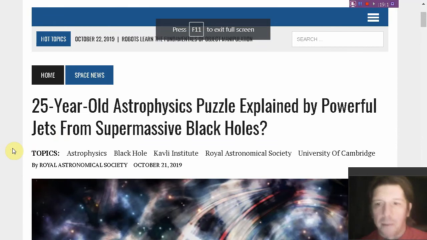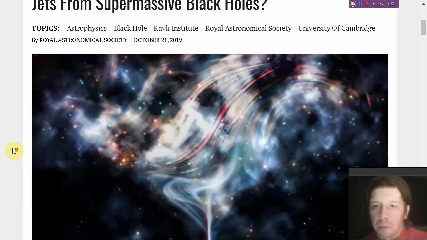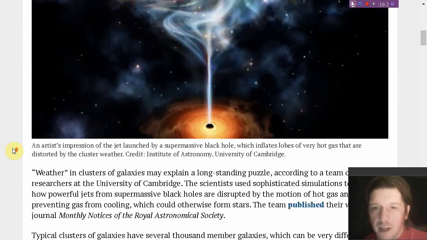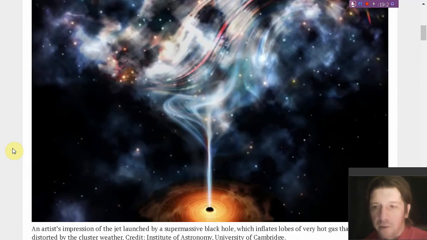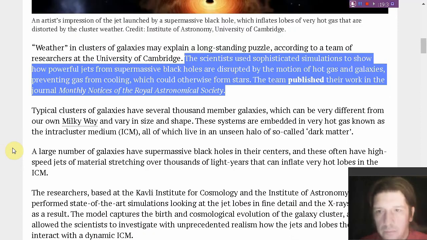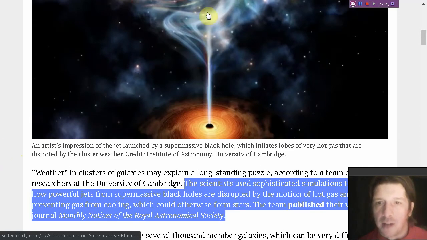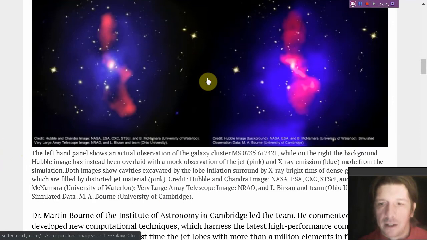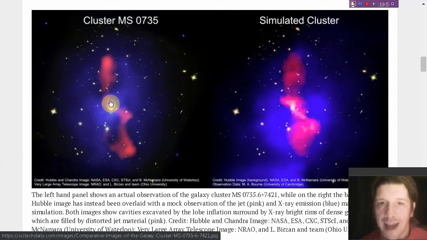But first, let's talk about powerful jets from supermassive black holes. It looks like there's some progress being made in the world of astrophysics. So welcome to the Neo-Renaissance, folks. It's a great time for science, as a lot of junk science, non-science, and BS are being rewritten before your very lives. Anyway, it's really just about simulations, folks, and it's how the jets from the supermassive black holes are disrupted by the motion of hot gas in galaxies, preventing gas from cooling. In other words, we don't see star formation on the jets. The jets are too energetic, and that's why we see star formation at the ends of these massive radial lobes,